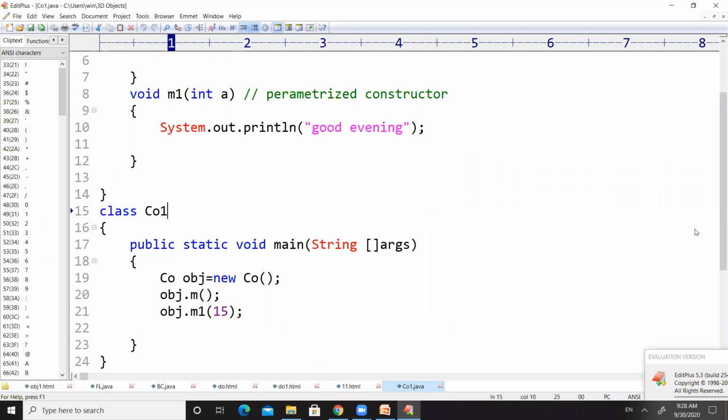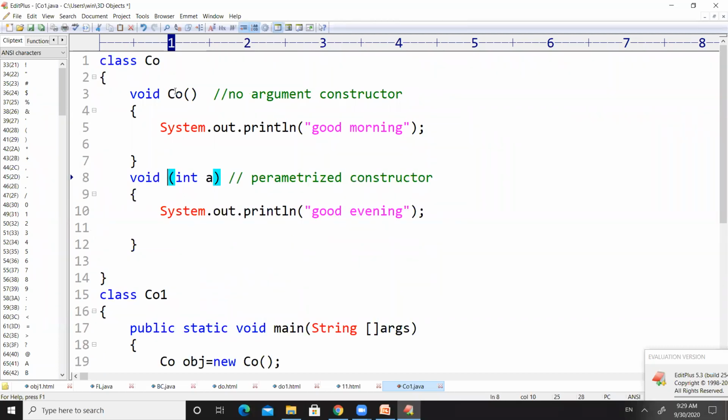So let us change the entire program to constructors. If we want a constructor, the method name should be the same as the class name, right? Here also I have changed it to the class name.